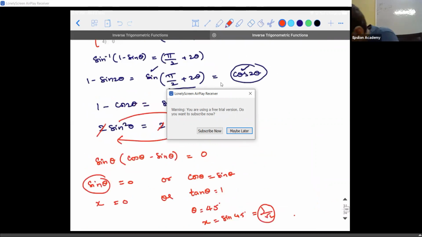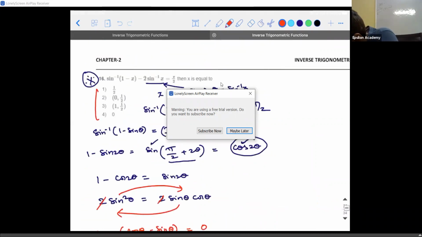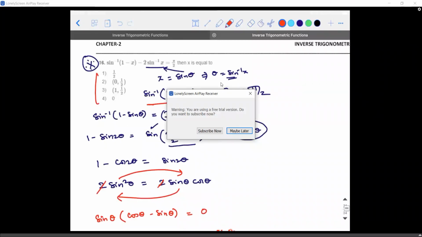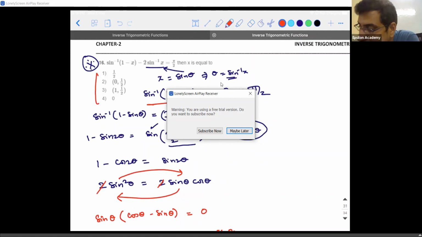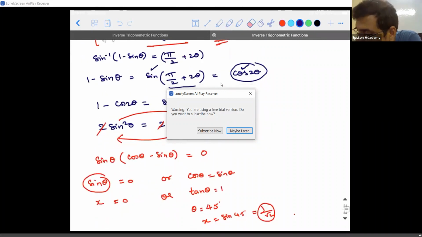Check if I made any calculation mistakes. So sine inverse of 1 minus sine theta, that goes right, minus 2 into... So won't it be 1 minus sine theta? Yes, sir. Then sine inverse of 1 minus sine theta will be 1 minus sine theta. Oh, yeah. Thank you. So 1 minus sine theta, then things will change, no? Then I can't get this. Anyways, you learnt a concept, no?